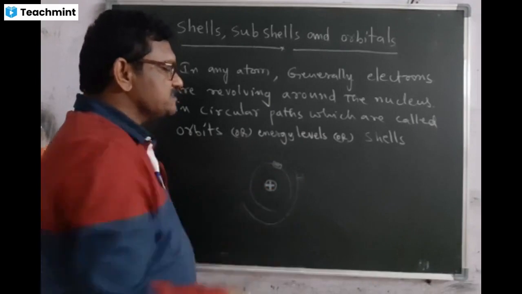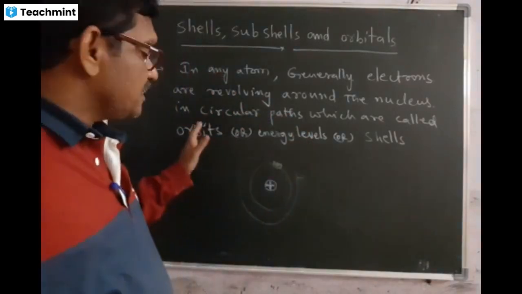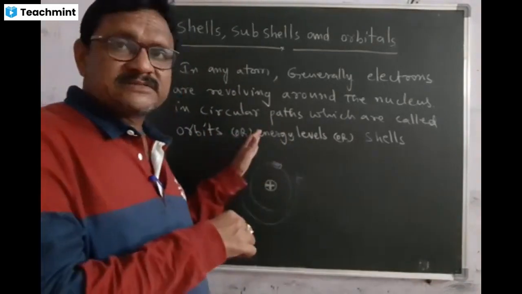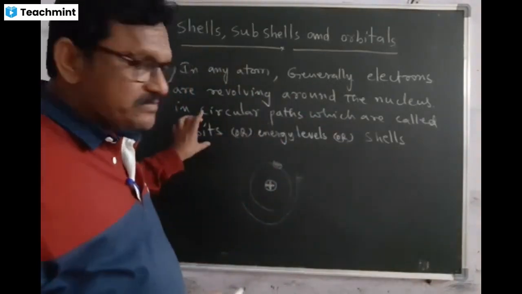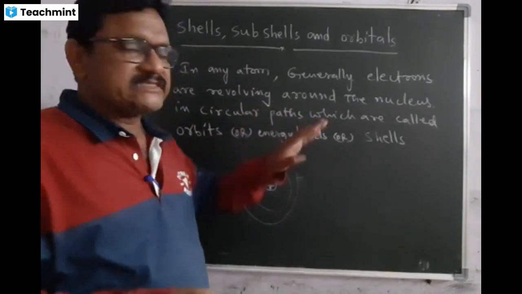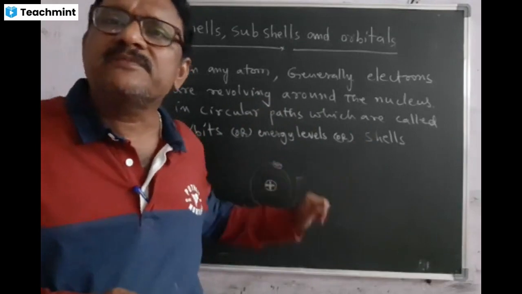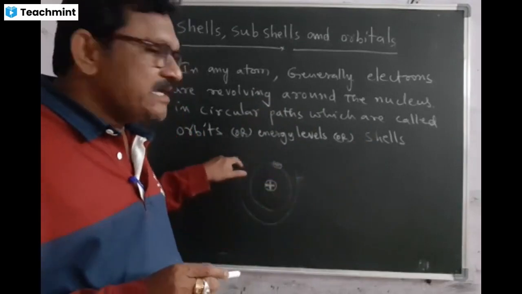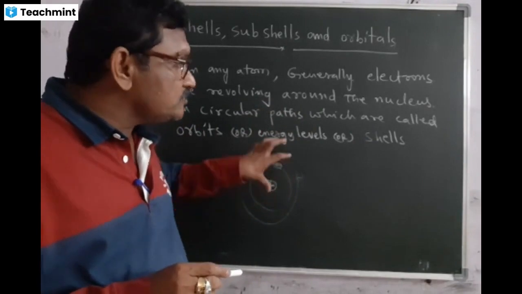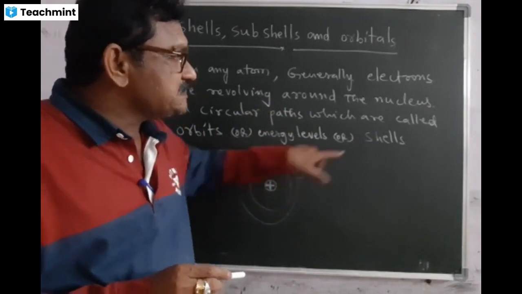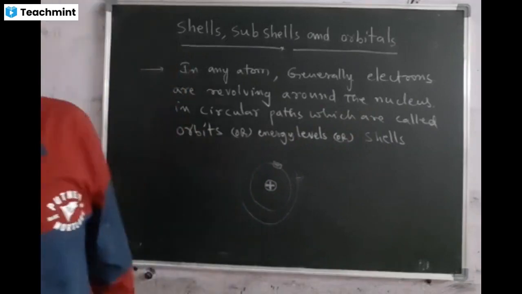These circular paths we call orbits, and also energy levels, and also cells. Whatever it means, all are right. Orbits, energy levels, cells, all are the same. Often we use cells. So what do you mean by cell? That means the circular paths of the electrons revolving around the nucleus are considered as cells. So these cells are